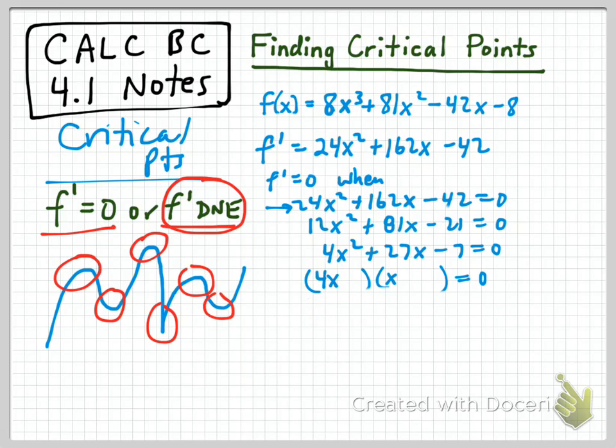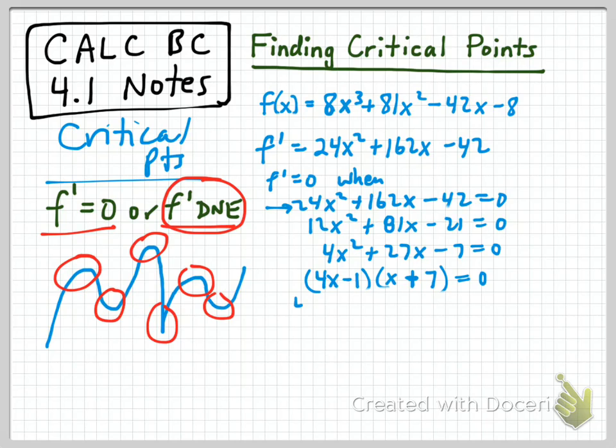So that's another possibility for the first 2 factors. But then I need to get to 27 close to that, so I'm going to put my 7, let me back that up, put my 7 right here and my 1 right there. 4 times 7 is 28. That leading term has to be positive, so positive 28 and a negative 1 gives us positive 27. So however you do your factoring, you need to be able to factor polynomials like this, but nevertheless, f prime